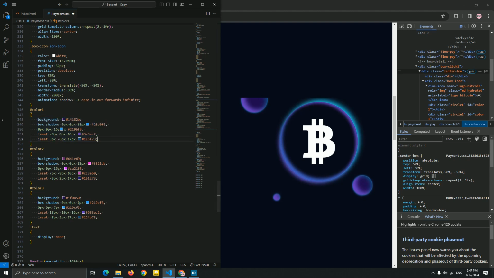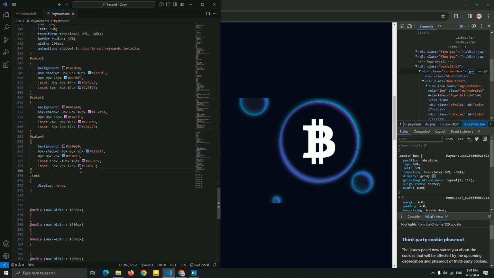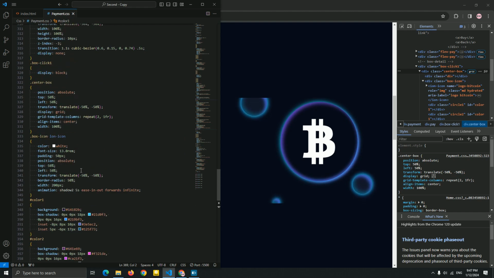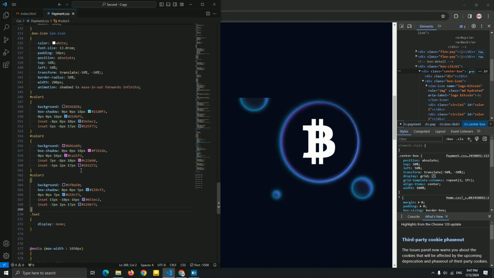I just forget about that. I'm sorry. Now it's good. As you can see, we just got it right now. Okay, let's continue, guys. So when we create a center box, box icon, icon 1,